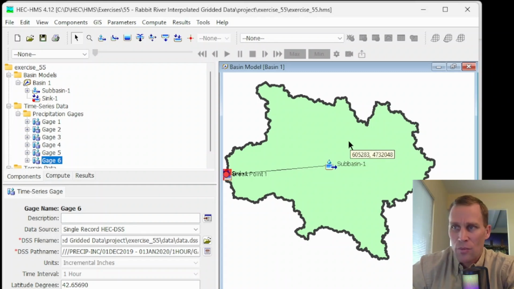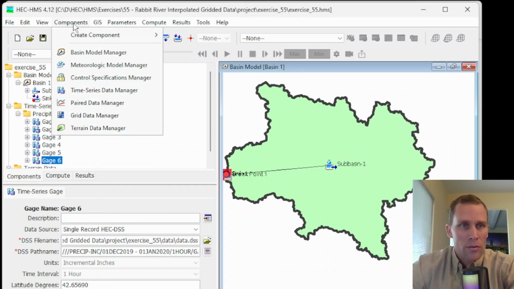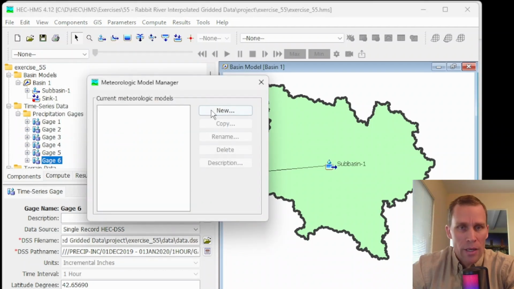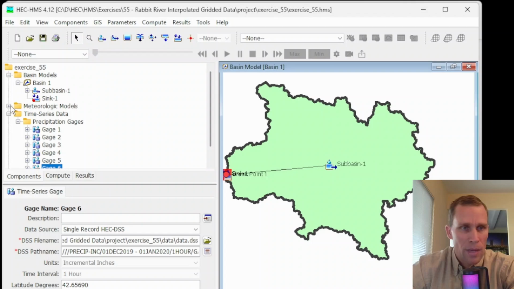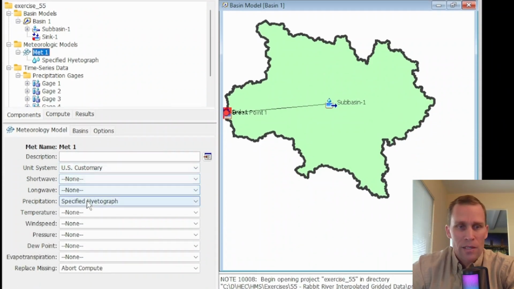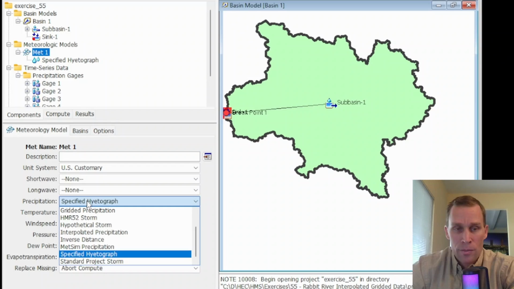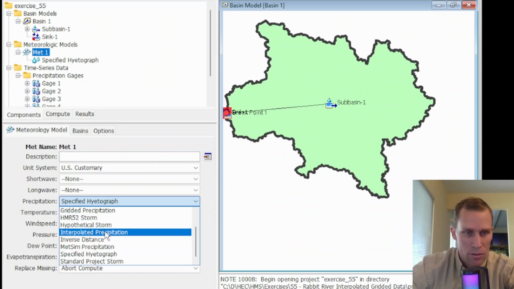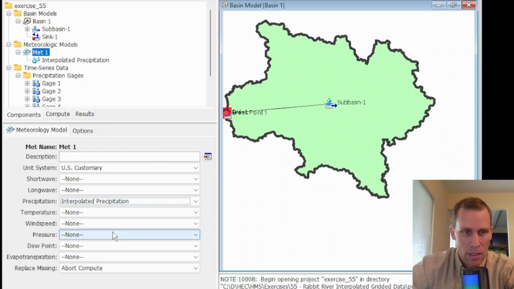So let's get started with the meteorologic model. So I'll go up to Components, Meteorologic Model Manager, New, MET1, and then I'll close that. Let's expand the MET model here in the Watershed Explorer. Right now we have specified hyetograph for the precipitation method, and we want to change that to interpolated precipitation. Again, a lot of these methods within the MET model